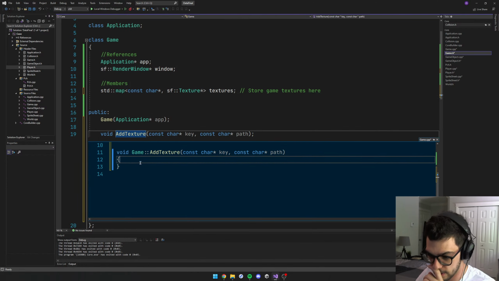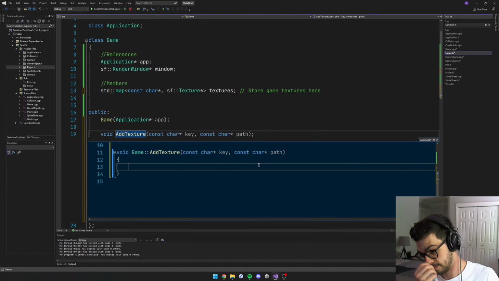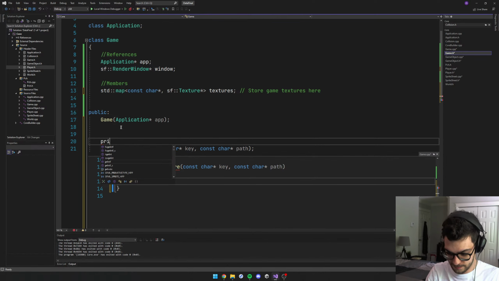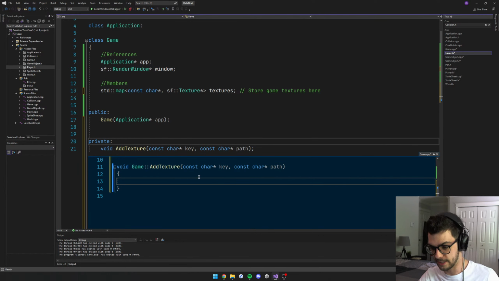Okay, so here in this case, this guy's actually gonna be private because I'm just gonna call one setup textures thing. It's gonna have a bunch of these in it. Okay, so that's